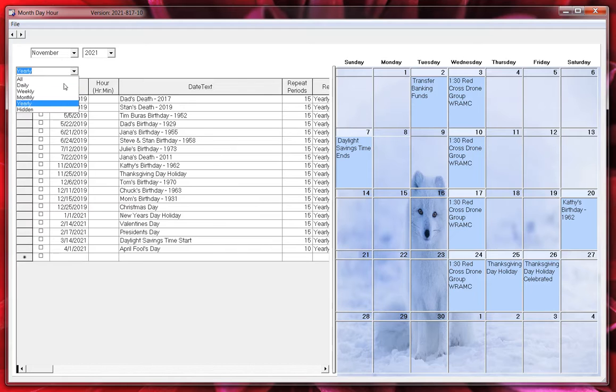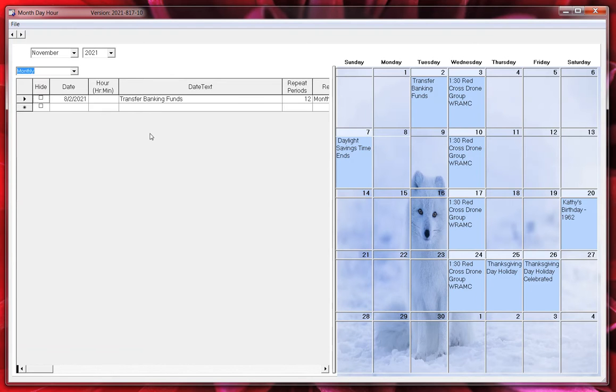But you can also create monthly items. In this case, I said transfer banking funds on that day. Weekly or daily items. Now, daily items is if you have something like a meeting that stretches over a couple of, 2 or 3 days, and that'll go across the calendar. The weekly setting will put, say you want to do the same activity on Wednesday, for example, and you set the number of weeks,